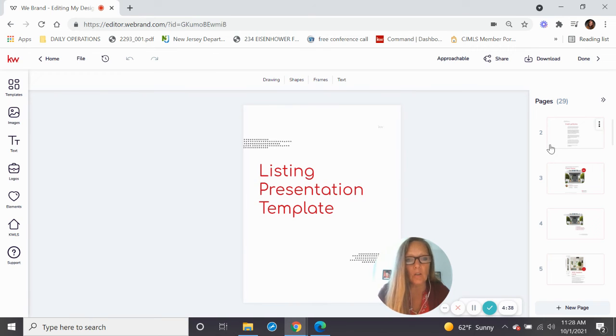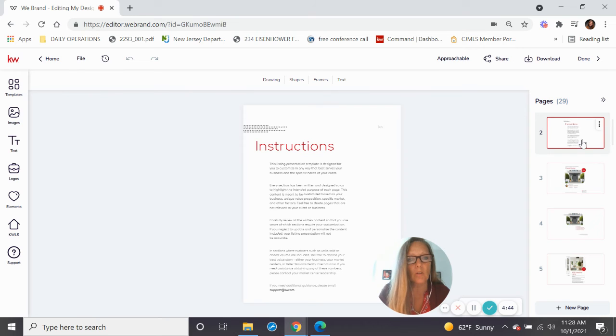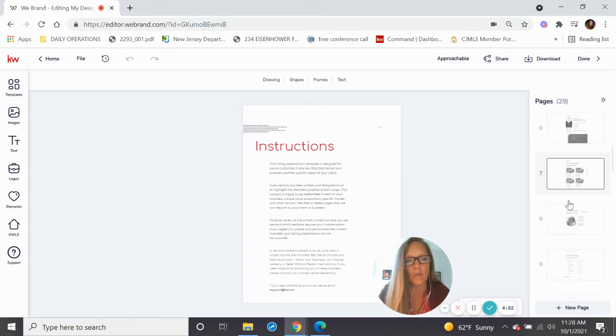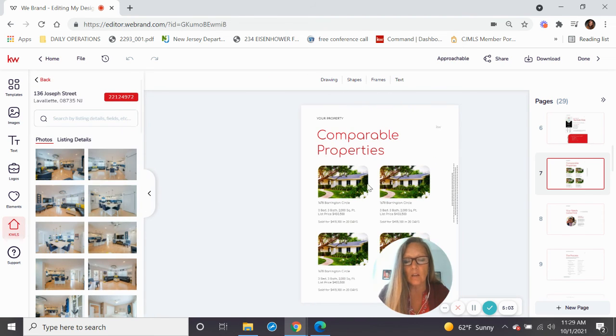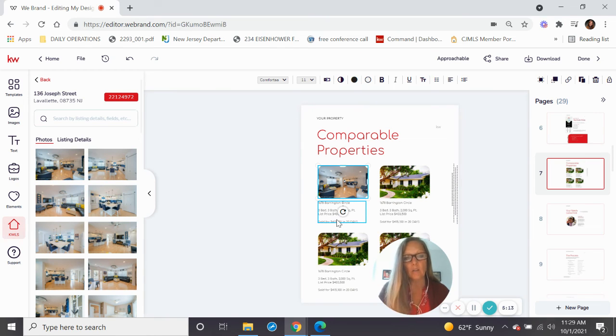So here's the listing presentation, and you can navigate through each of the pages on the right-hand side. All right, the instructions right there on page 2, those are not the instructions that you're going to print. Those are actually just for you. Slide the toolbar down, and you can customize any of these pages. Here's where you can use comparable properties. So literally you can swap out the photos. If I go down to the KWLS and I want to swap out the photo of this particular property, I just use the replacement and boom, there I go. And anything else I want to put in the content for the text and summary for that comparable property,